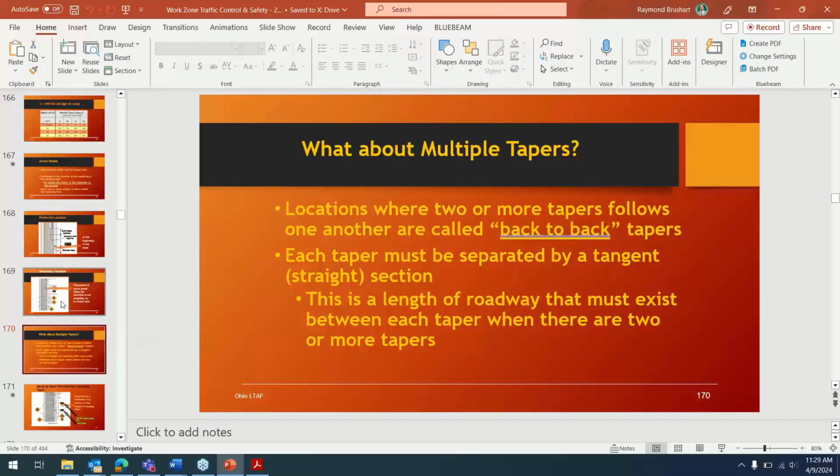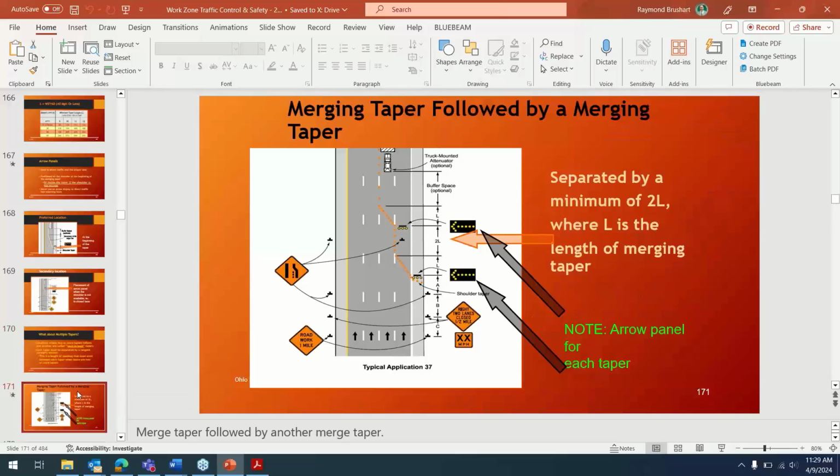A lot of ODOT crews are familiar with closing multiple lanes on an expressway, but several cities take care of expressways through their city's boundaries, and so we need to make sure that we follow those rules and the typical applications. So we'll take a look at multiple tapers for multiple lane closures,